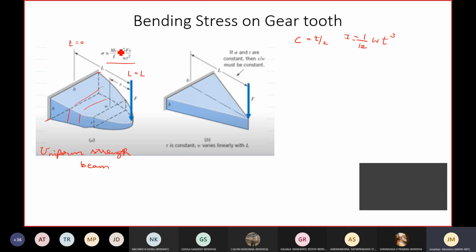So when you substitute all those factors and give a suitable moment, that is M is equal to F into x. What is this x? x can take a value of L also. The final value that x will take is L as it traverses and goes to the end. But for this cross section that is described here, these are the values, and from that we derive sigma is equal to 6Fx by Wt square.